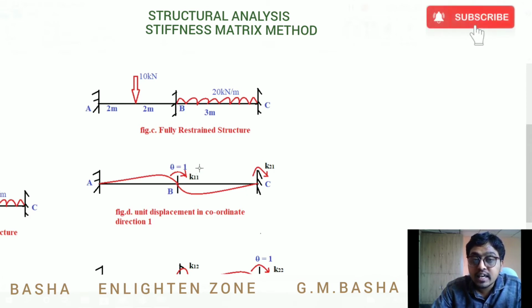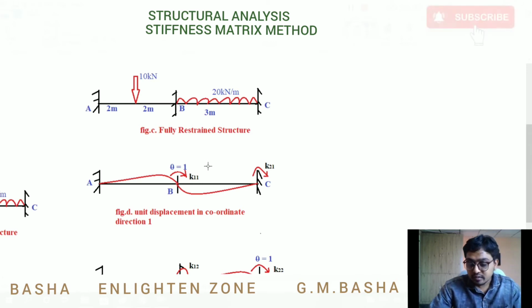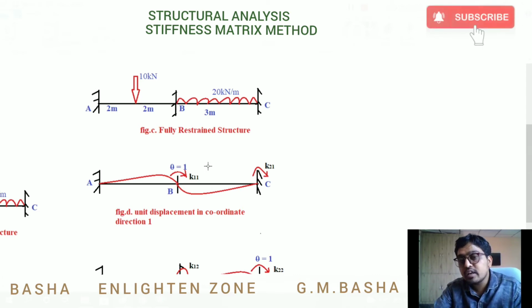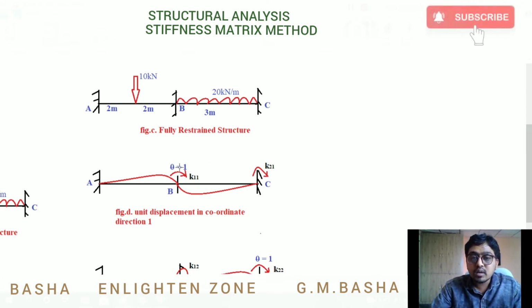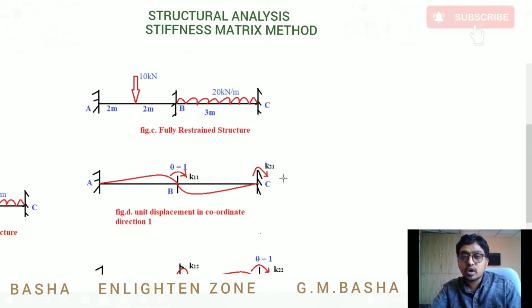And what about this K11? This K11 stands for force at the first coordinate and displacement at the first coordinate direction. I will show that one. And again, whatever the moment applied here, you can carry half of the moment to the other end, that is K21. So our other moment will be K21. That one will be equal to force at the second coordinate direction when the displacement is at the first coordinate direction.